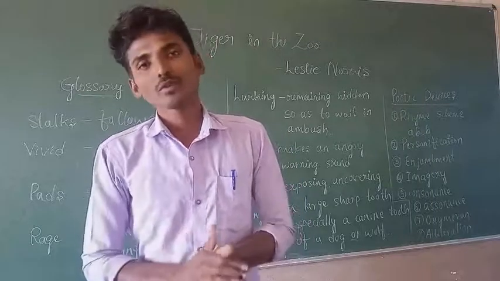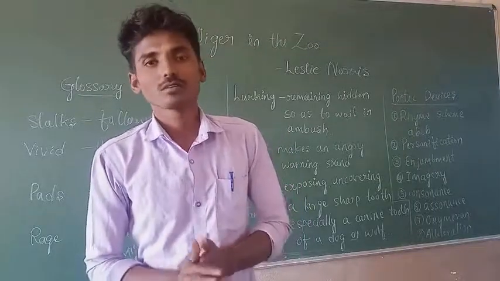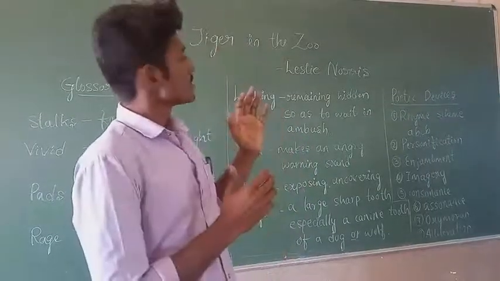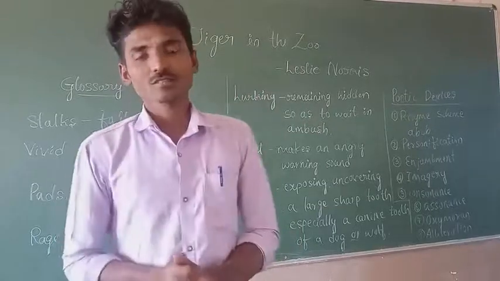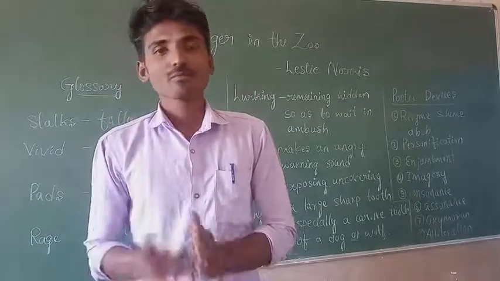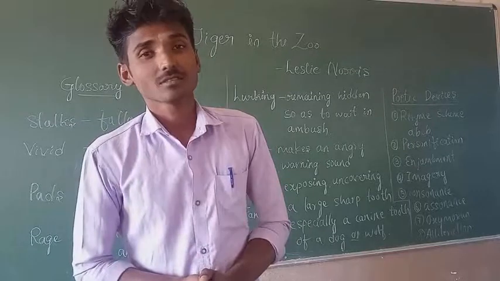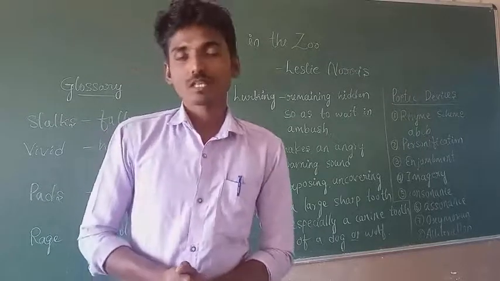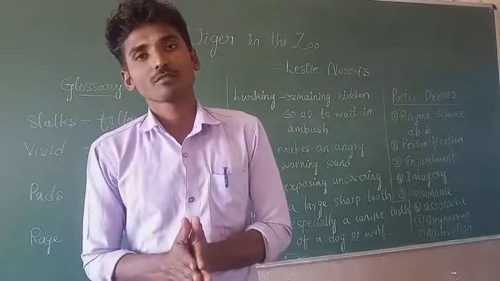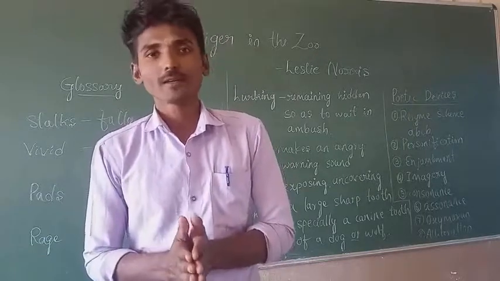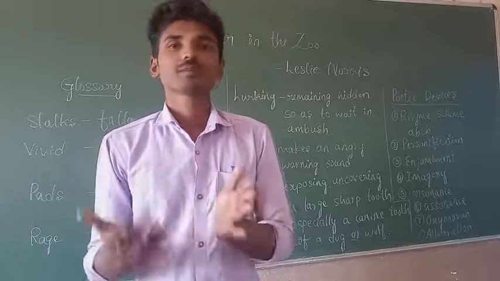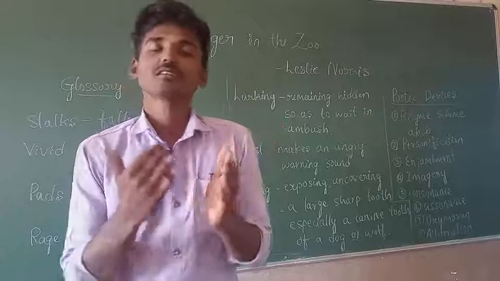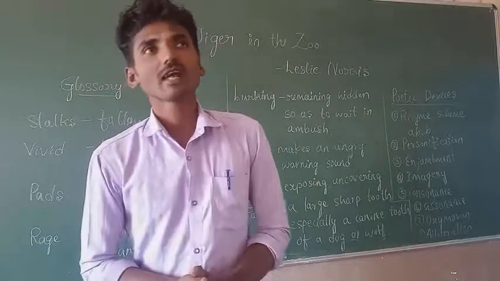So, today we are going to discuss the poem A Tiger in the Zoo. This poem is written by Leslie Norris. It is a poem from the 10th class English, and it gives you a complete picture of the zoo tiger. Also, from this lesson you can make out the differences between the zoo tiger and the